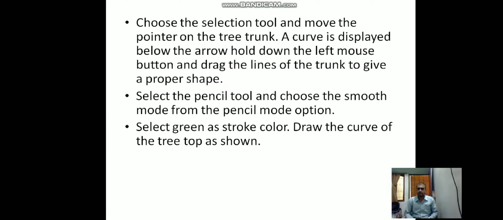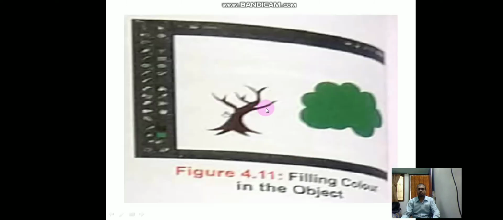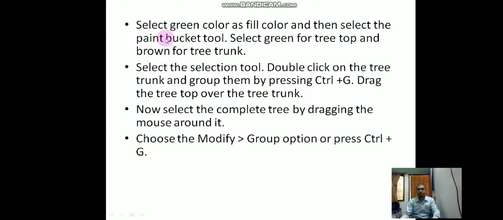Now select the pencil tool and choose the Smooth mode from the pencil mode option. Select green as the stroke color and draw the curve at the top of the tree as shown. You have to draw the leaves, as already shown to you. Now this is the trunk, and upside these are the leaves.